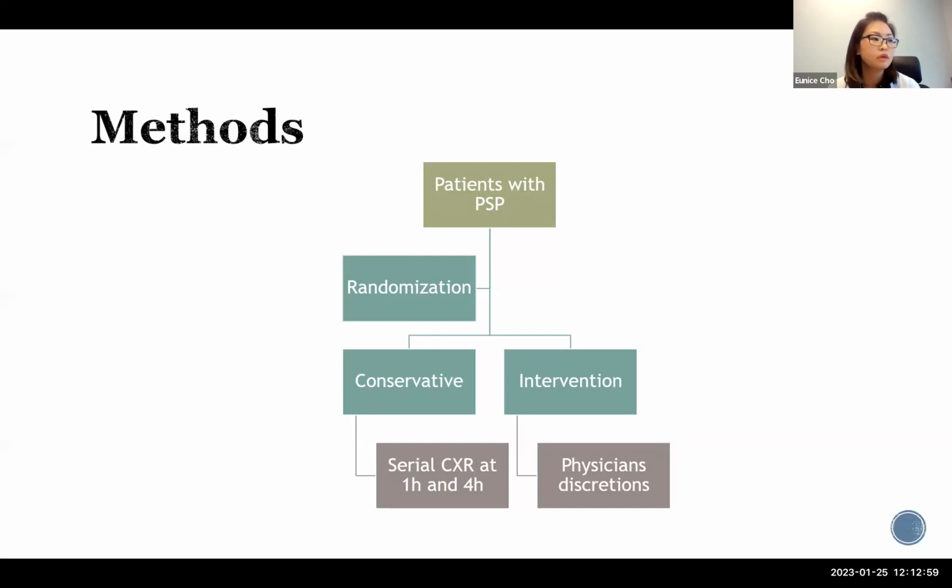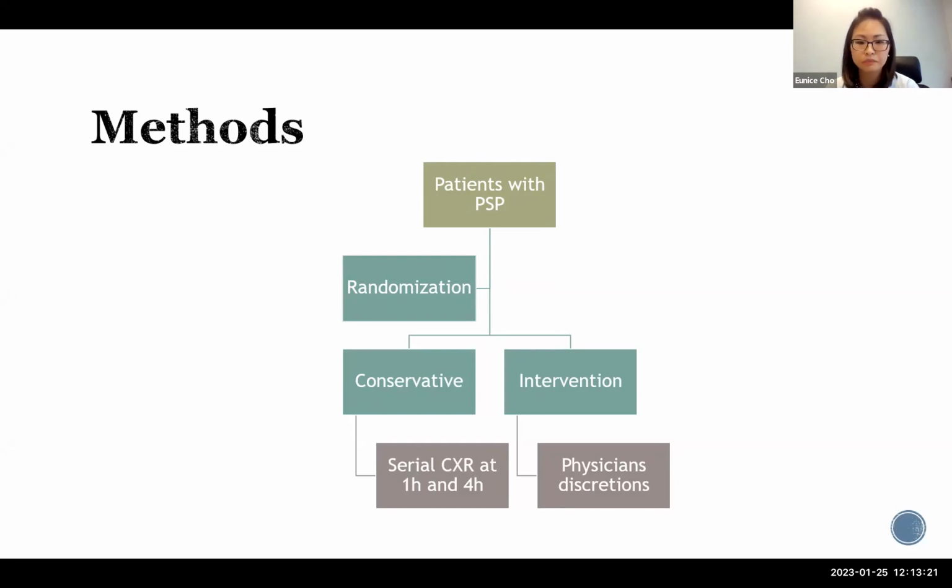And if they were hemodynamically stable and the patient's pain was tolerable, they were actually discharged home with a clinic follow-up. But in the intervention arm, it was really up to the physician's discretion, and it did not involve just looking with a chest X-ray. Whether it's needle aspiration, chest tube, or referral to a thoracic surgeon,